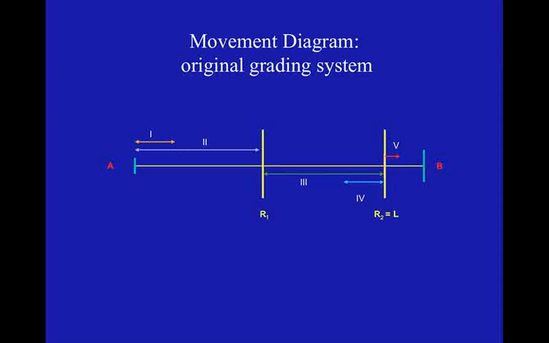So the grading is related to A to L, which would be the amount of available range of motion at this joint. So if we look at the first resistance, R1, which is sort of partway through this joint motion,